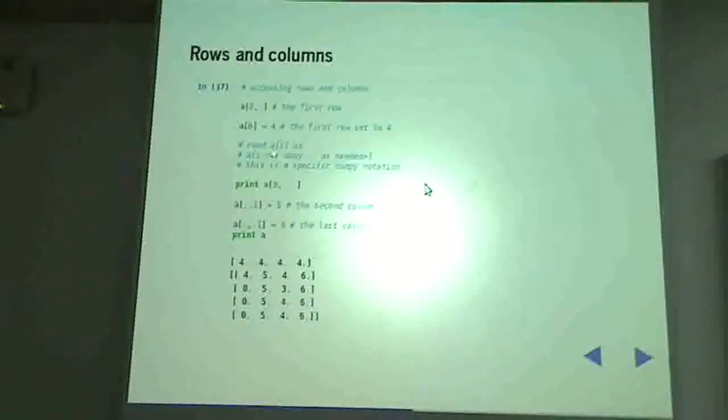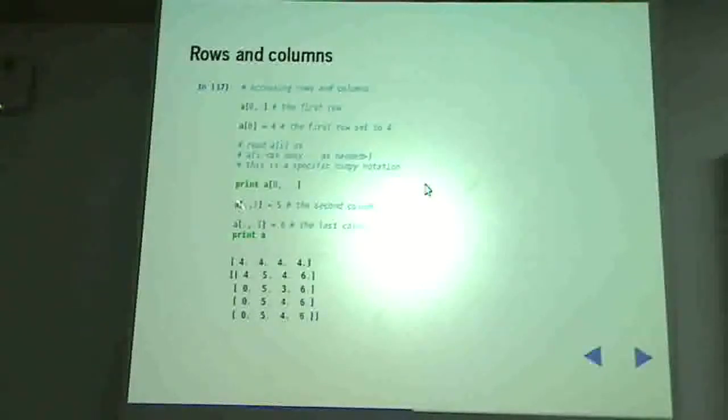Okay. What that means is AI less than as many colons as needed. This is a very specific NumPy notation. So what this is going to do for you, suppose you have a 7-dimensional array, it is going to take the first element along the first dimension and return it to you, irrespective of the dimensionality of the overall array. Whether it's 6-dimensional, 7-dimensional, it doesn't matter. It will put that many colons there.